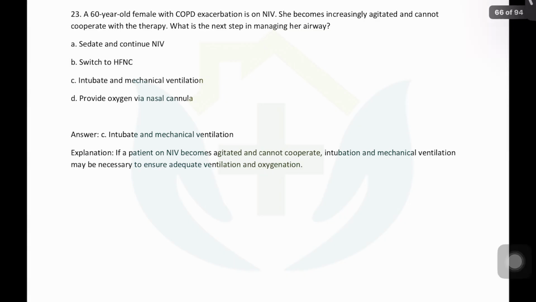These are ambiguous questions. But in NIV, no settings were mentioned. We have many other options there. Yes, so these questions are basically to prompt you to think. I agree that the NIV settings are not there. But basically what we are trying to discuss here is the transition from non-invasive to invasive ventilation. One of the criteria to do that is an uncooperative COPD patient who is on NIV and has an exacerbation.